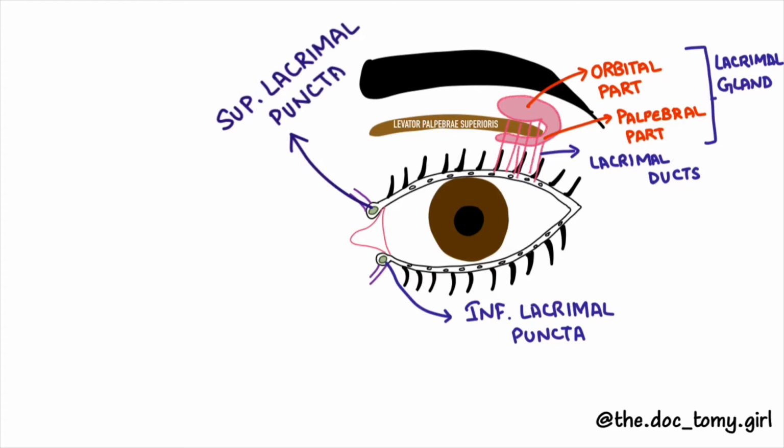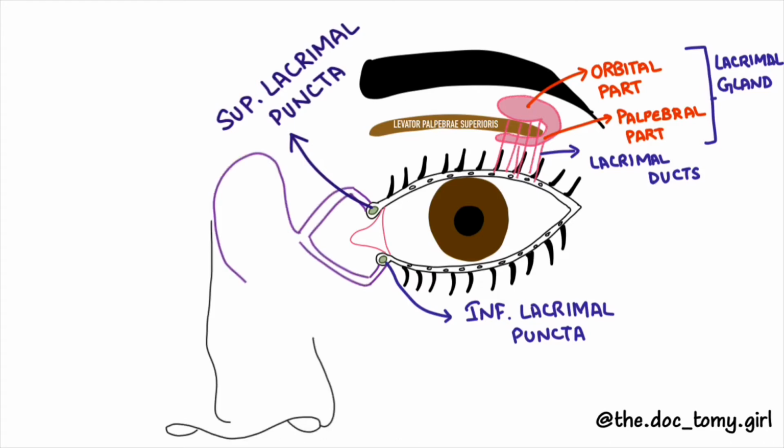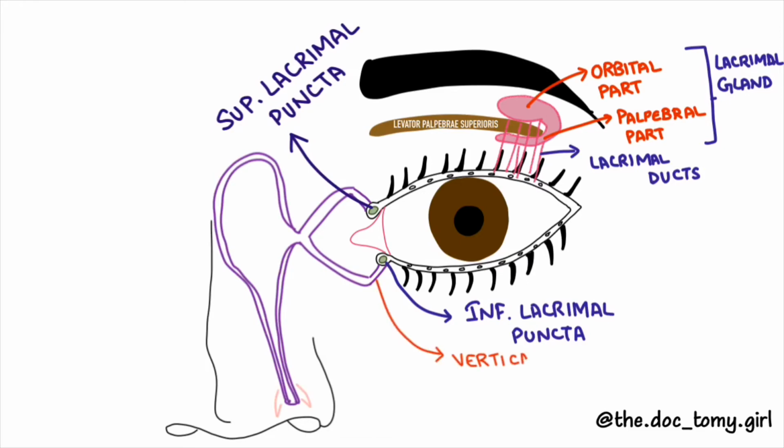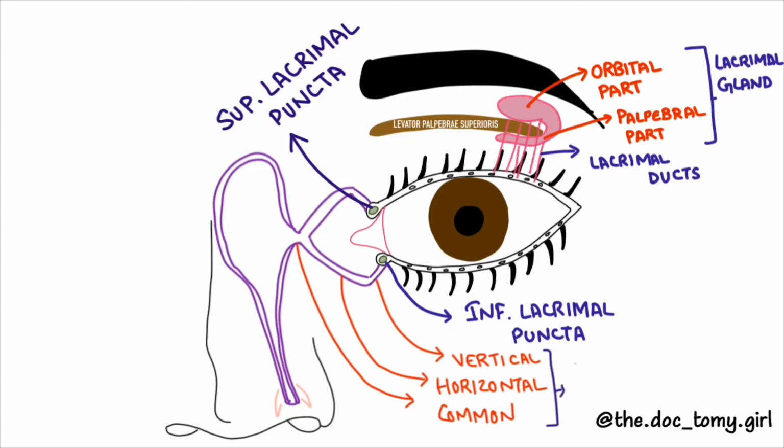The superior and inferior canaliculi join the puncta to the lacrimal sac. Each canaliculus has got two parts, that is vertical part, which is about 1 to 2 mm in length, and horizontal part, which is about 6 to 7 mm in length, and it lies at right angle to each other. The horizontal part converges towards inner canthus to open in the sac. The two canaliculi may open separately or may join to form common canaliculus, which opens immediately into the outer wall of the lacrimal sac.